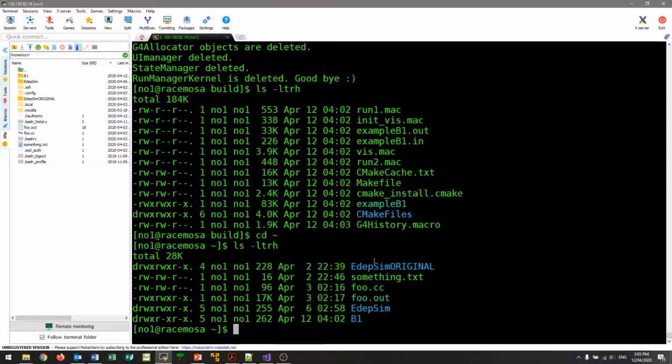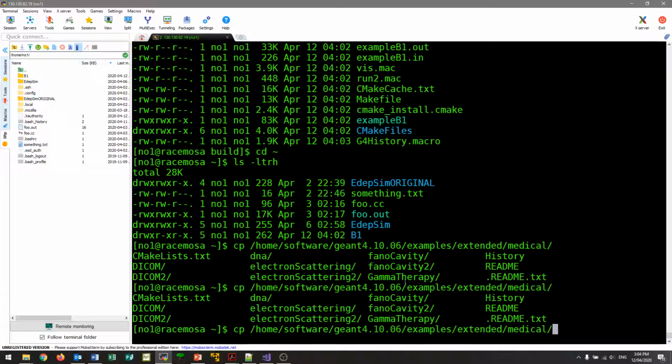So I'll show another example. Again, go cp into the directory where the source code of Geant4 is located. Go to Geant4 examples, and let's move to extended, and let's go to medical. If I just tab that, we see all the directories in here. So let's copy DICOM. DICOM is an example in Geant4 which shows how to read in a DICOM file